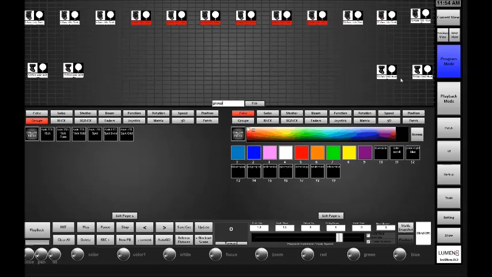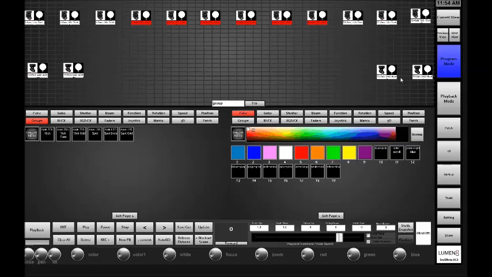We are now going to talk about the palette window and the layout of the software interface for the Lumen8 console series. There's different layouts that you can choose when setting up Lumen8. So by default, you will see the screen just like you see on the preview here in front of you,